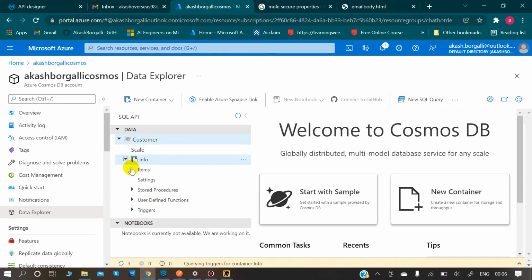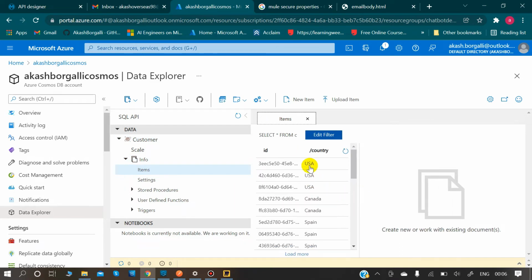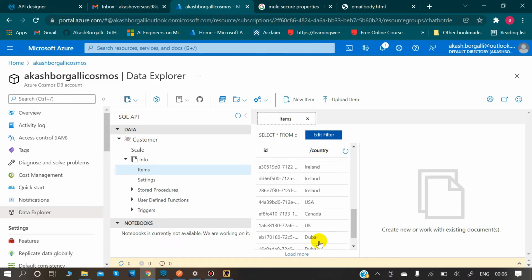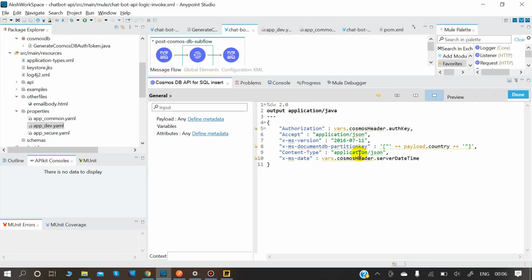In info, items. As you all can see, this country is our partition key, right? To give this partition key, we have to encode this in a string, then payload.country.